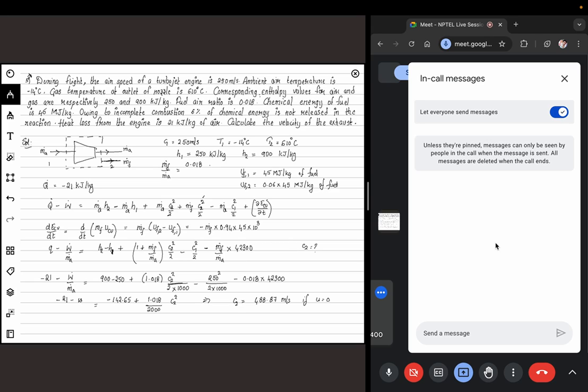So in order to determine this work done, we need to know the process that has been undergone. So if we assume the work done to be 0,